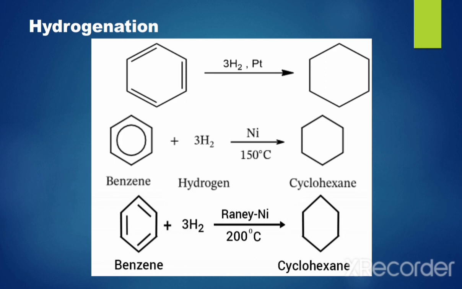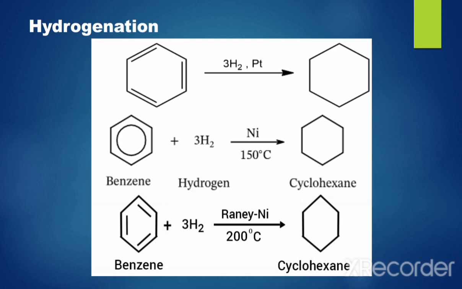in the benzene ring. So firstly, the first compound we have taken is benzene, and the other is we will add hydrogen and some catalyst. In the presence of catalyst, the reaction will proceed, and we will have a cyclohexane. In simple words, the pi bond will break and it will convert into a single sigma bond, and the other